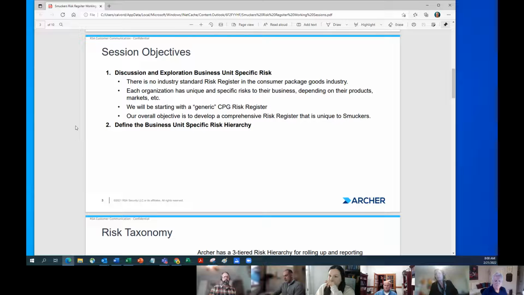But I also suspect that in addition to overlap, there's going to be some gaps too. The spreadsheet is just generic, so there might be areas where we don't have anybody to own that risk. That may be because we haven't found that person, or because that risk doesn't even exist at Smucker's and we can just delete it from the register. So, no big deal.